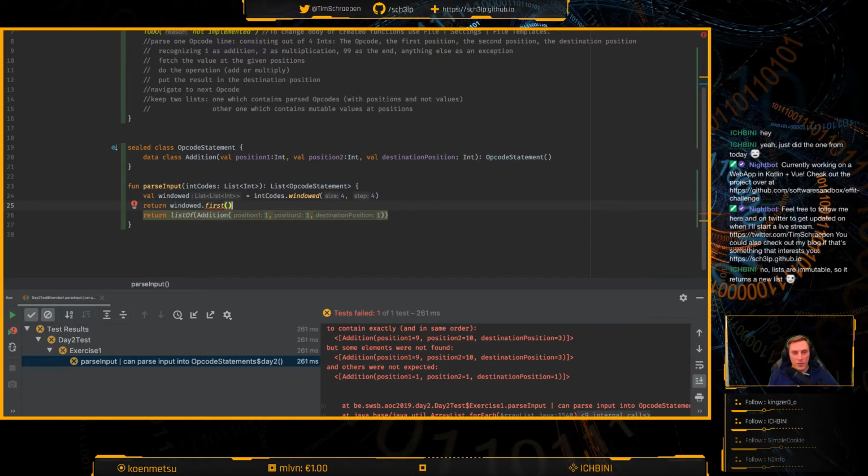This is something I'm struggling with. So now I've got two options. I want to make an opcode statement from 4 values, and I think I have these here. But I can do something like this, like I can create an inline function on a list of ints, I guess in this case, that says to opcode statement, and then return like an opcode statement of, or in fact, addition, blah, blah, blah. That's one thing to use,